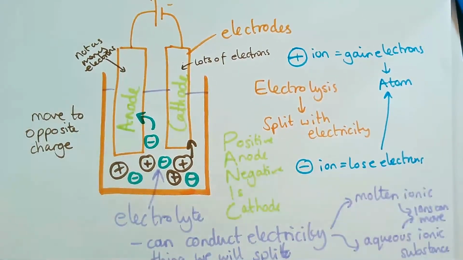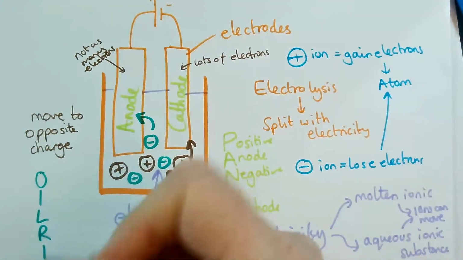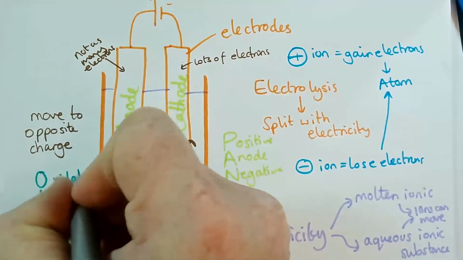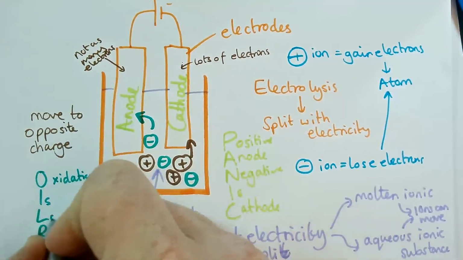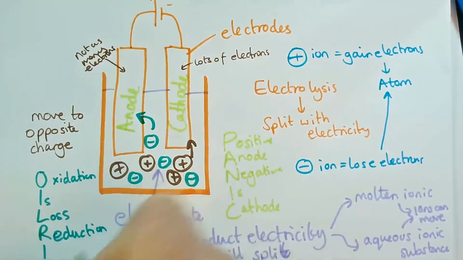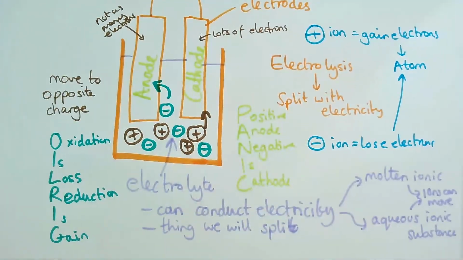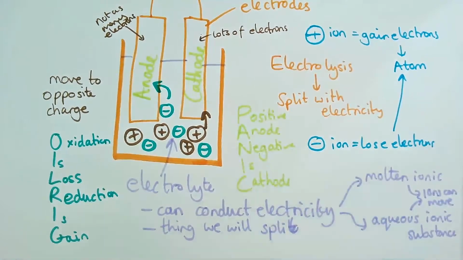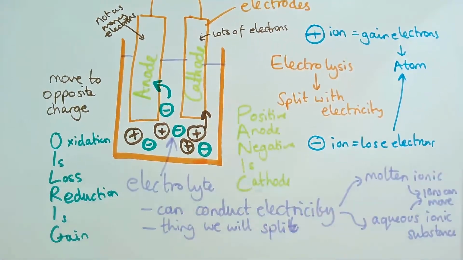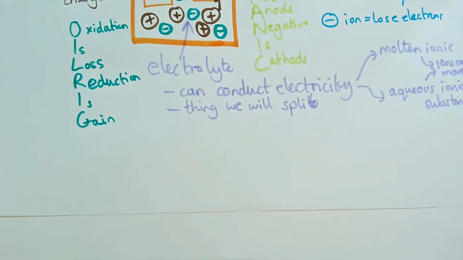Each of these processes has got a name. Okay. Oxidation is what we call the loss of electrons, and reduction is what we call the gain of electrons. And the way we can remember that is the acronym OIL RIG. So there's levels to this game. If you are thinking more on the foundation aspect, it will be straight up what's made.